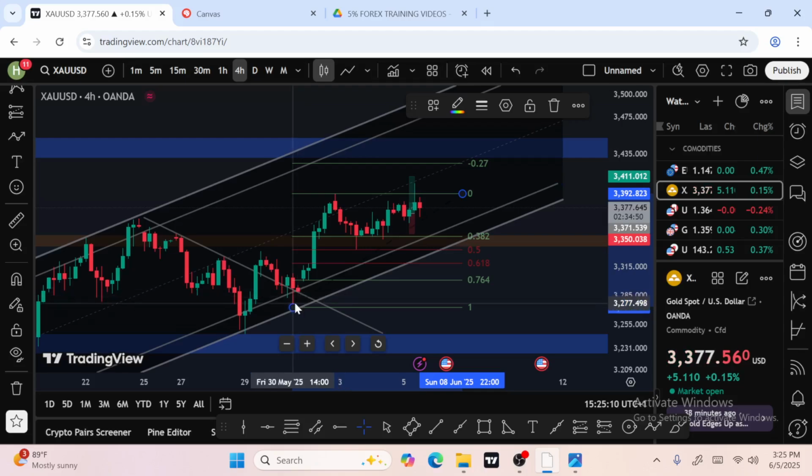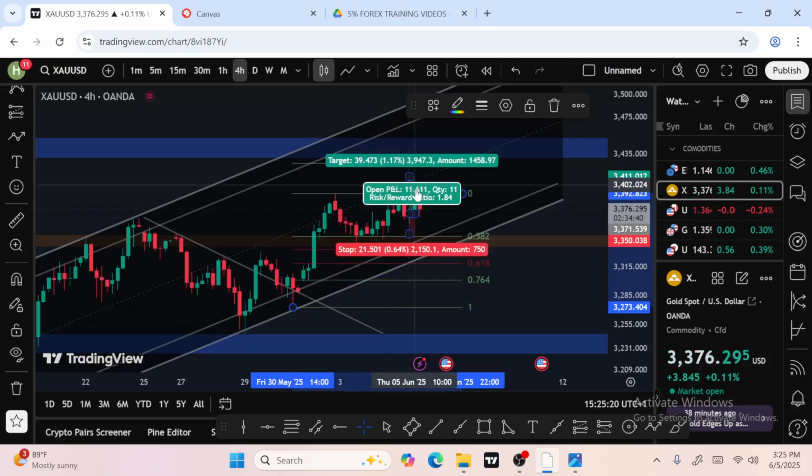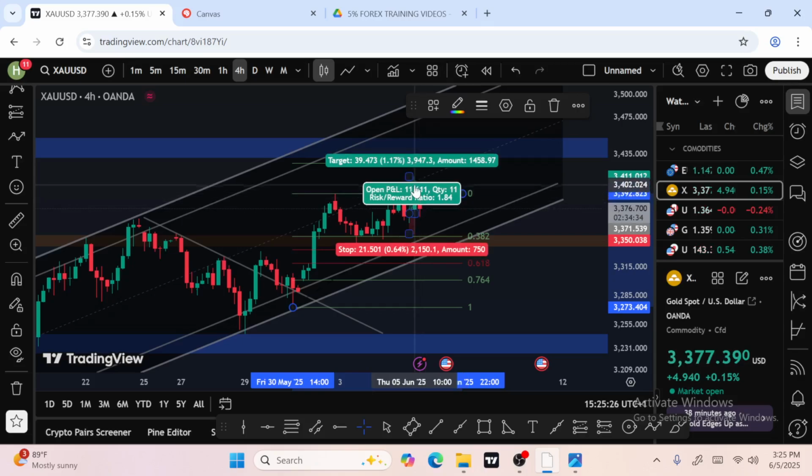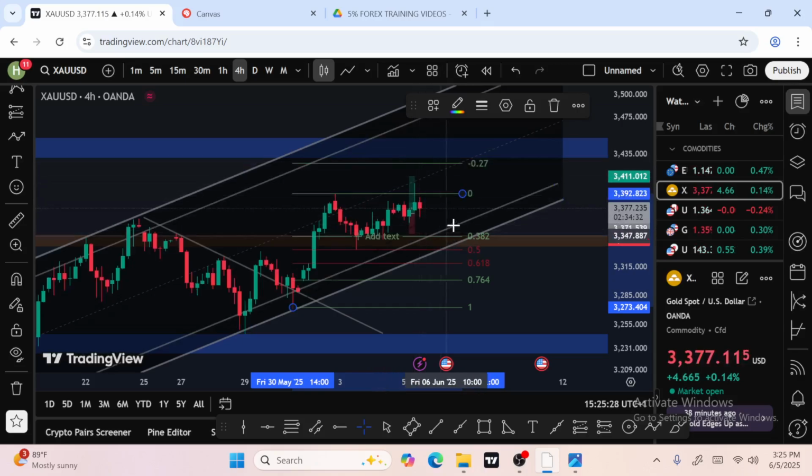Imagine you are able to know your Fibonacci too. You will know that when market touches this place, you can enter your buy. You understand? That is it. And it touched it and went all the way up to where? 0. So we are expecting that if this 0 should break above, not just break, close above it, the next place it is coming to is what? Minus 0.27 at the price of what? 3425. Let's just say 3425.